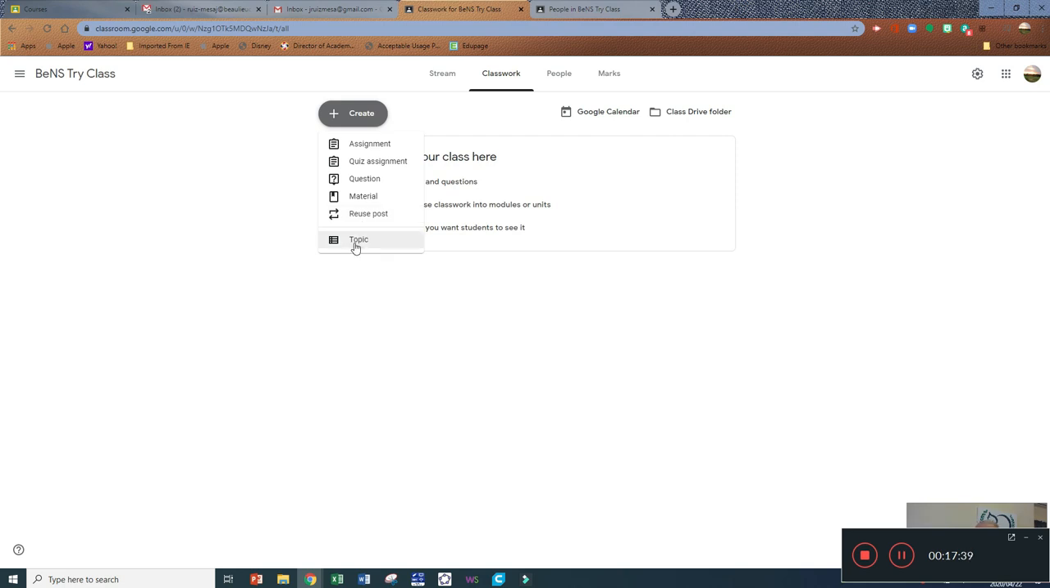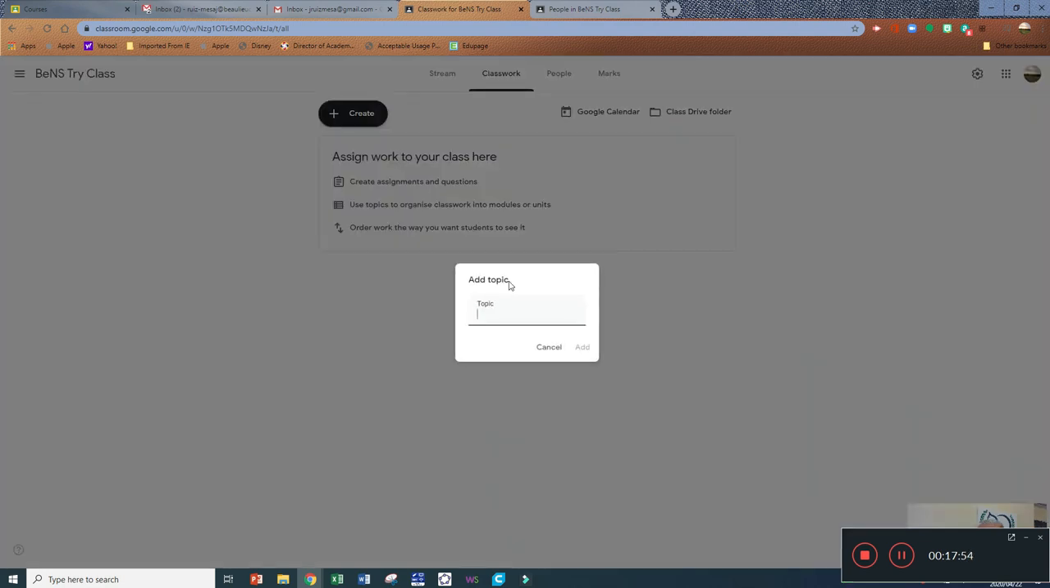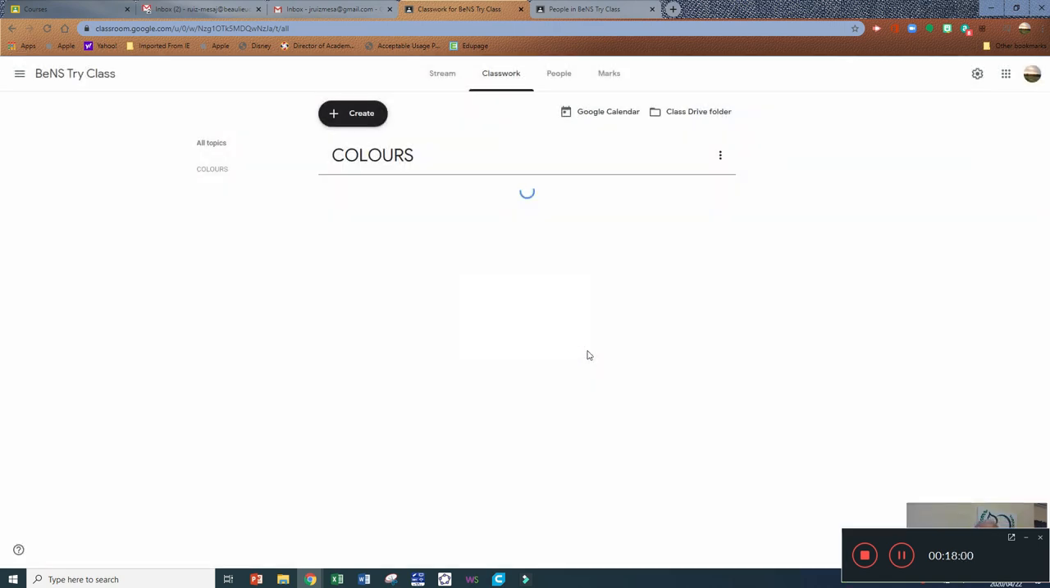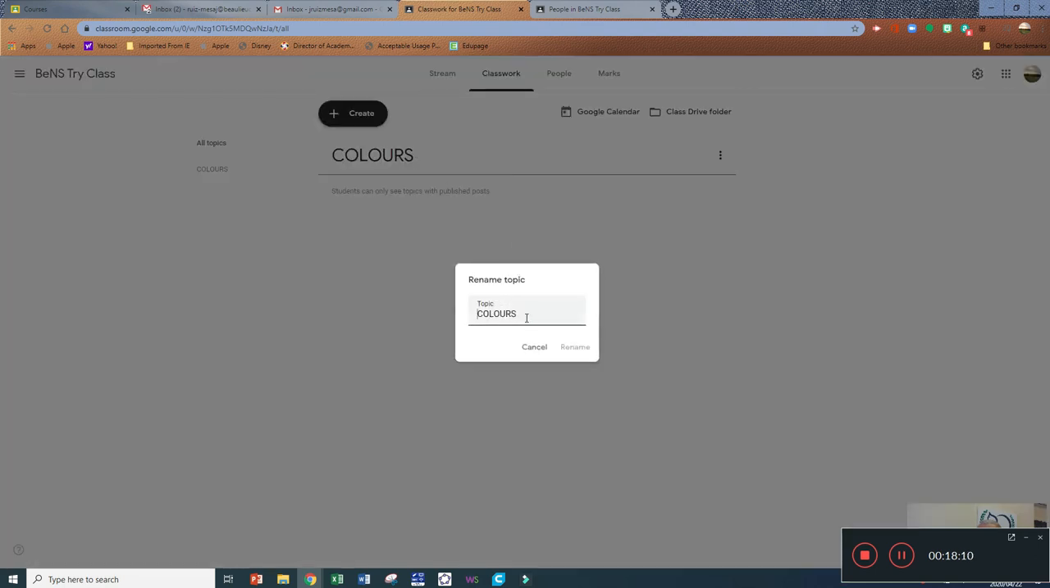And then the bottom part here, which is not the least important, is topic. What you can do is, if you have a curriculum that you're following and you want to structure it into areas of topic, you can then click on topic and create topic, and then you can call that topic. Let's say, for example, I want to call it colors, okay, and add, and then let's say I made a spelling mistake, you can just click on copy, rename, and then you can rename it, and I say coloring instead of colors,